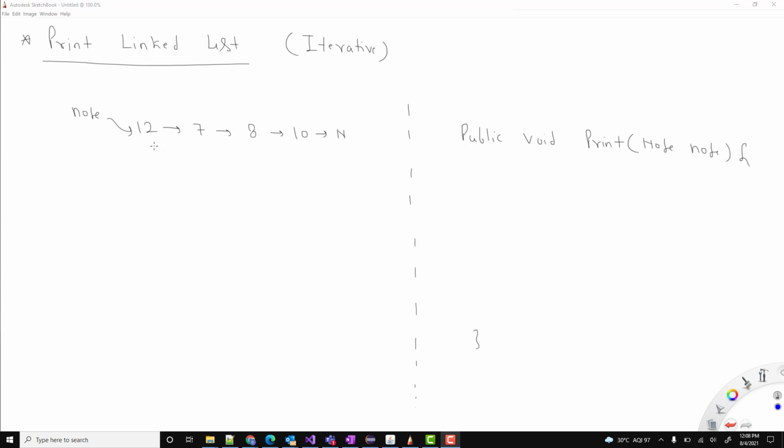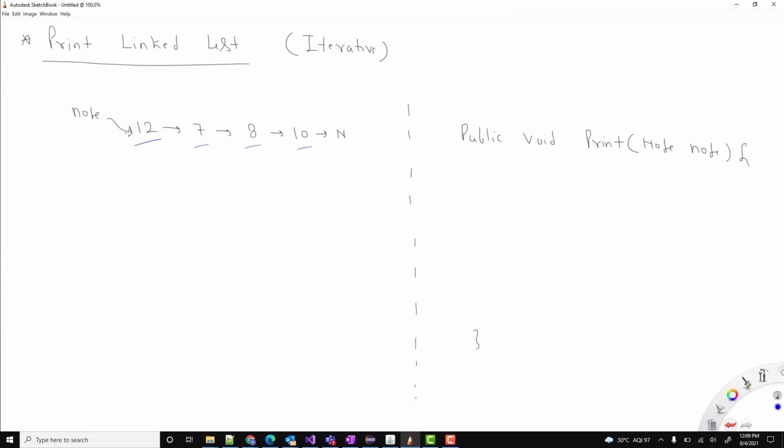Here we have the linked list with 4 elements for now: 12, 7, 8 and 10, and the last element is pointing to null, definitely, because the last pointer always points to null. And guys, if you don't know about the linked list, you can see our previous video where we showed how we can create the linked list. We'll be using the iterative approach and Java as the language, but it's only the syntax; you can use C++ or anything else, the logic would be the same.